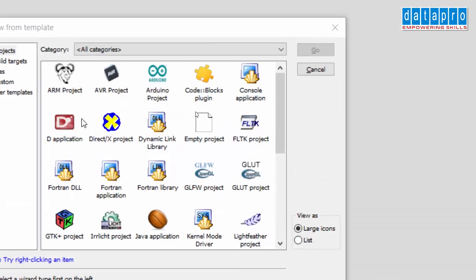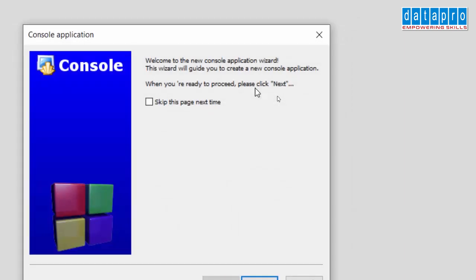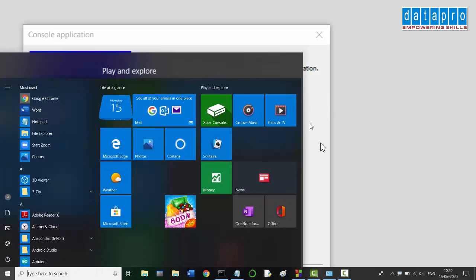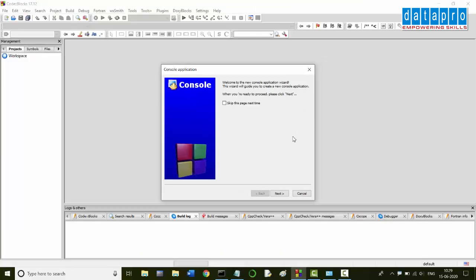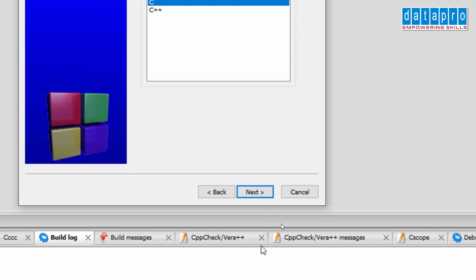So you are aware of all these options. Let's see the console application. Let's choose C. Say next.